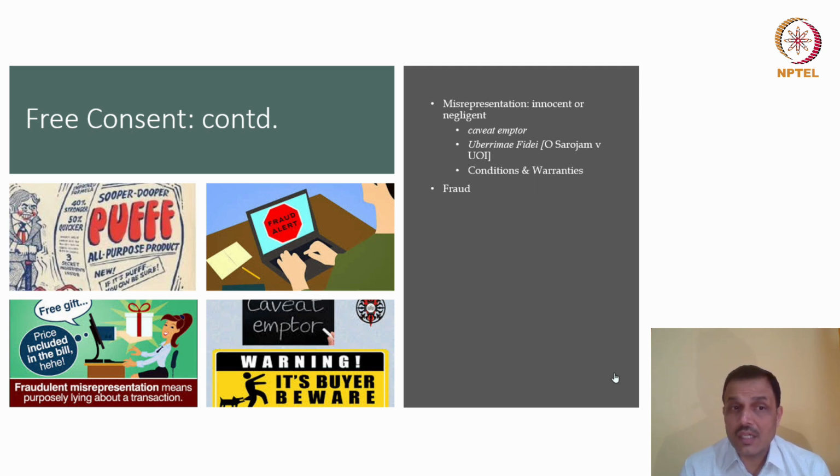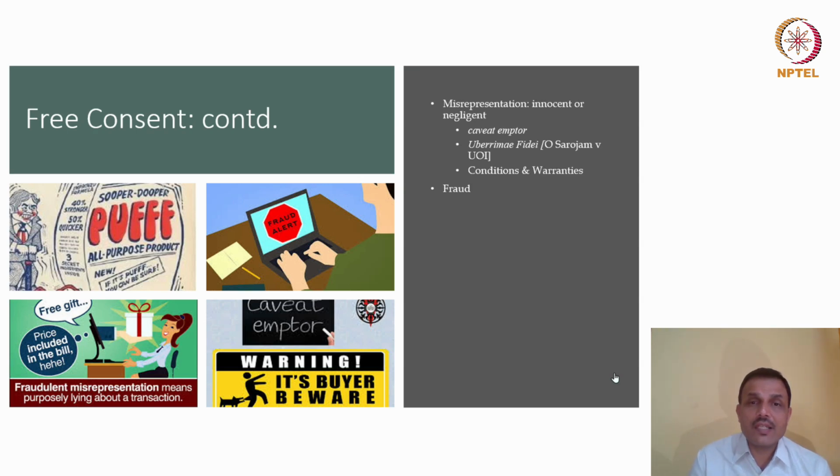Fraud also gets covered in personal laws, especially marriage laws. You notice that when a person in a marriage misrepresents his age or his status or his caste, and so on and so forth, then we say that fraud can be a ground for annulment of the marriage or for divorce as well. Interestingly, that is where fraud is a branch of misrepresentation. So misrepresentation can be said to be of three categories. One is innocent, the other is negligent, and the third is fraudulent. Now, the state of mind in these three is critical and important.